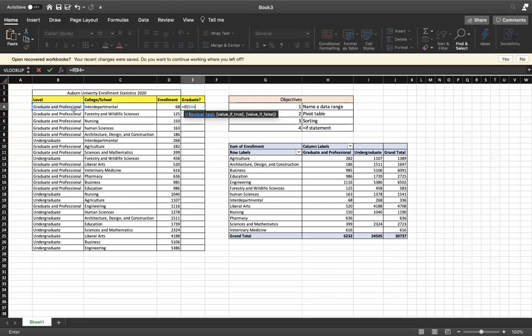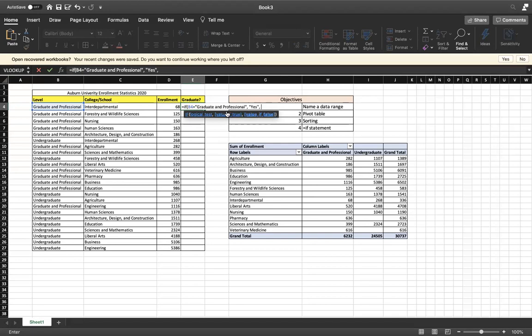B4 equals quotation marks because we're using a text, graduate and professional, close quotations, comma. Now it's going to say value if true. So if the statement is true, I want it to say yes.